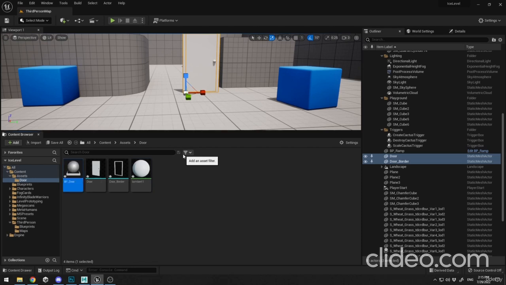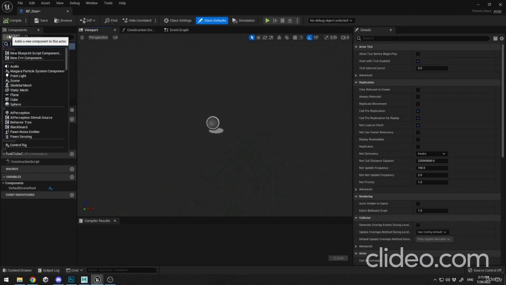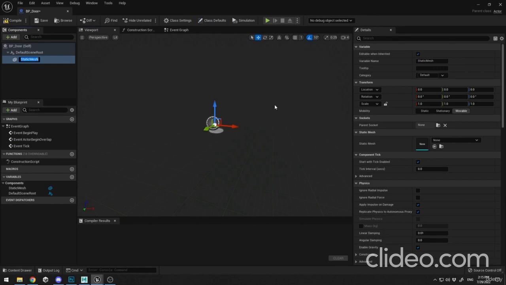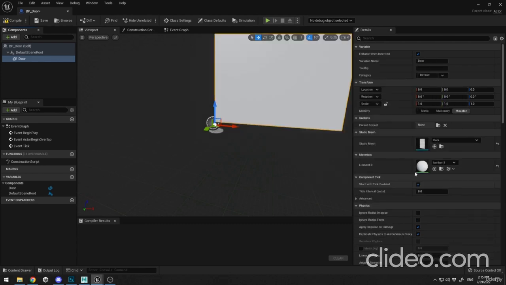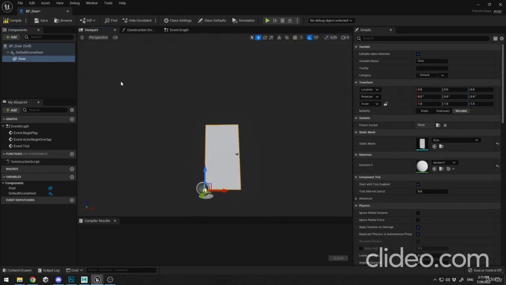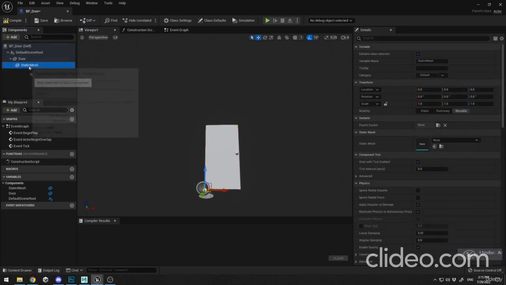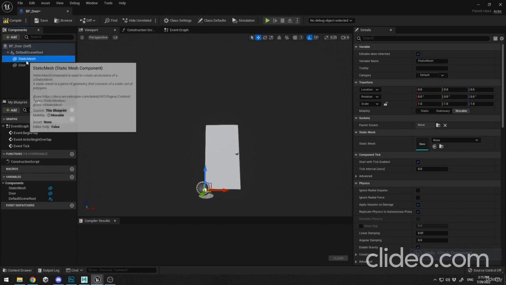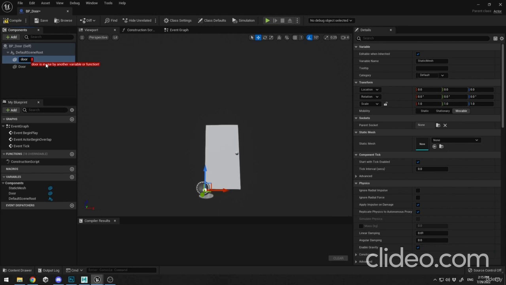All right. And in this BP door, I'm going to import door and door border. So I'm going to double click on add static mesh, and the first will be door. I'm going to select here the static mesh, and I'm going to search for door. I'm going to select this, and we have added this, and I'm going to add a second static mesh, and I'm going to attach it to the root over here, and I'm going to name it door